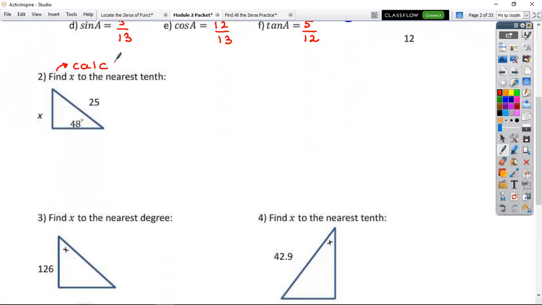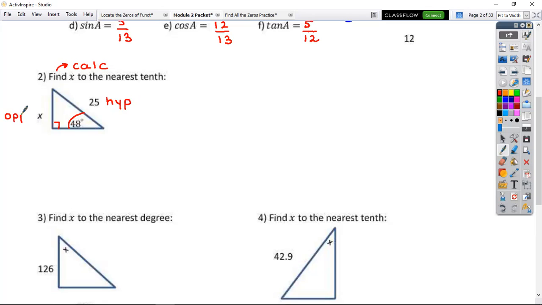You want to first determine which trig function you have to use. So I'm going to start at my point of reference, 48, and I'm going to label on here what I have. This is your packet from last week. So I have here my 48, my 25 represents the hypotenuse, and the x that's across from it represents the